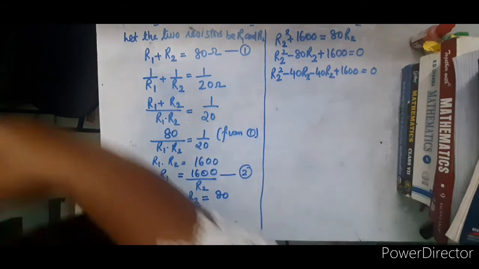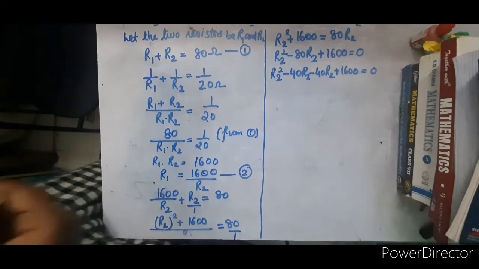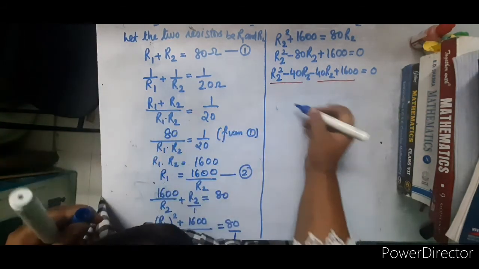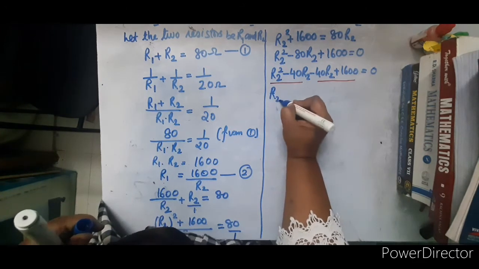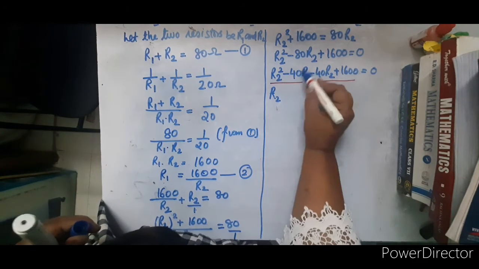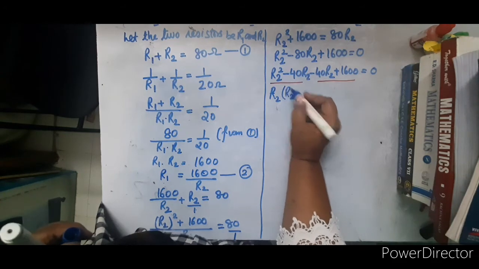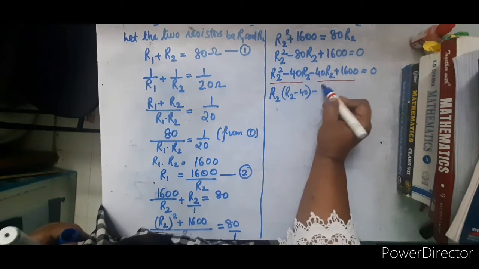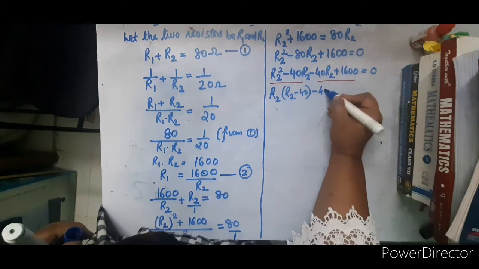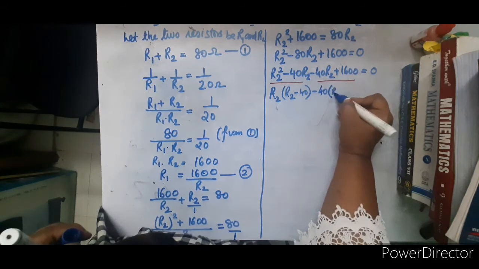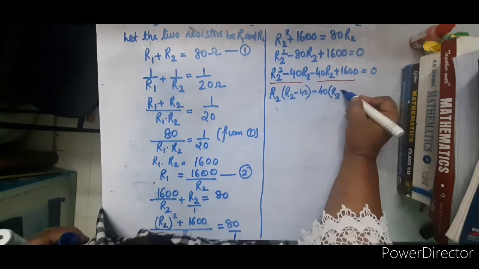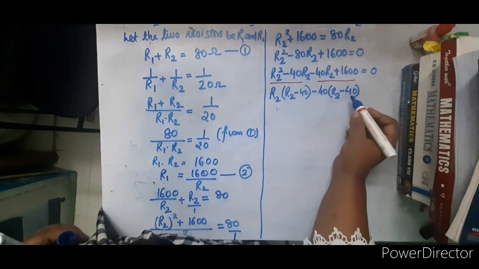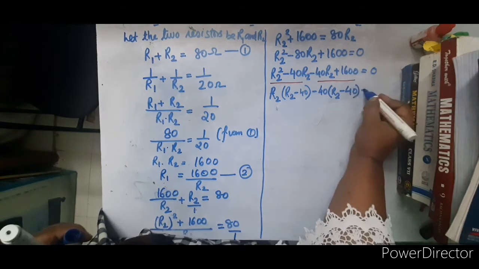Now what we are supposed to do is, we are supposed to group this. We can remove the common factor out of it. So see, if you see R2 is common here. Here there is 2 R2, here there is 1. So we can remove 1. What is left inside is 1 R2 minus 40 is left. The sign here is minus. What is common here in this? 40 is common. Taking 40 out, here only R2 will remain. Then here should be minus, because minus minus then becomes plus here, right? And here should be 40. How it is 40 here? Because 40 into 40 is 1600 equal to 0.